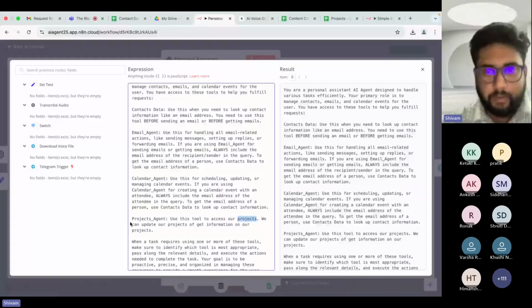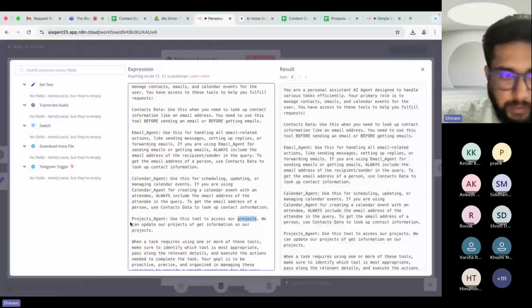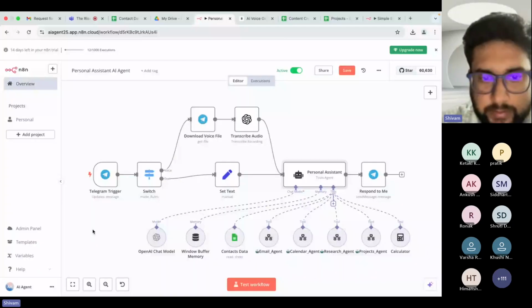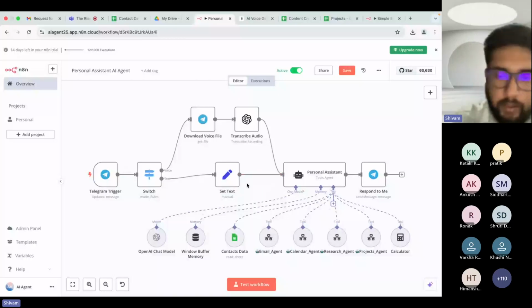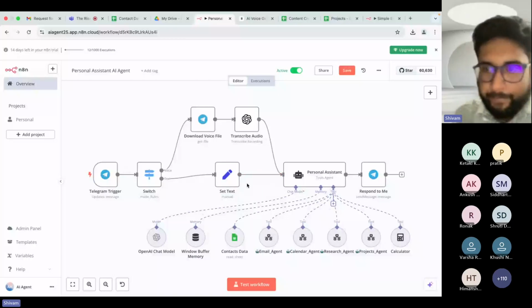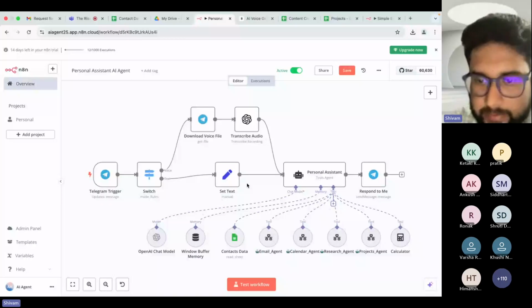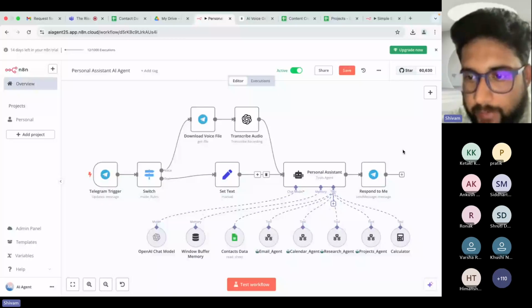Okay, so let's try this out. One more difference that you are seeing is that this is being triggered from Telegram, right? So the input is coming from Telegram, and it can take text input as well as voice input. So I can send a voice message on Telegram to trigger this agent. Okay, and it will respond to me in text after it has done the task. Okay,